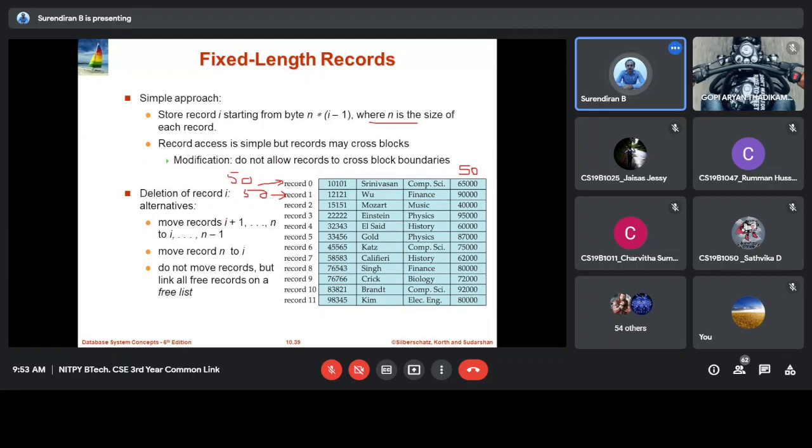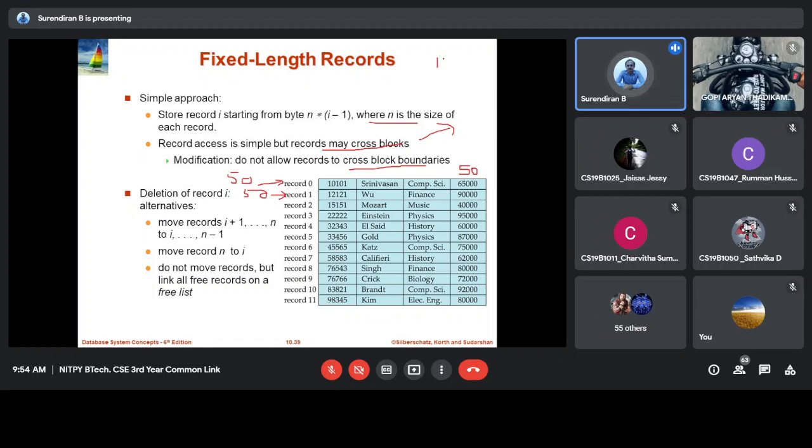Here, the modification does not allow records to cross block boundaries. I'll check and let you know later. But records may cross blocks. In the hard disk we have different blocks, so in that case it may go to different blocks.